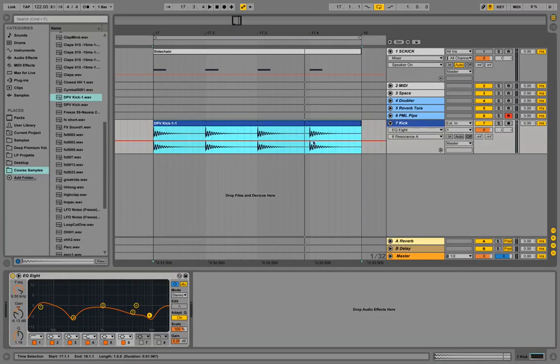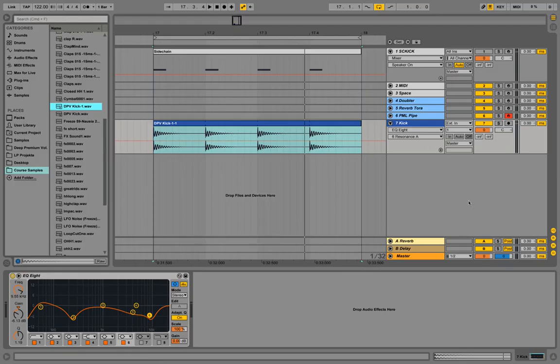Okay, so we loaded up our kick, and now we will drag in a couple of claps and a couple of hi-hat sounds, and we're going to use like 4 claps, for example, and we're going to throw them on different MIDI tracks here. I'm not going to put them into instrument racks or drum racks because I want to use this track delay function down here to relatively move them around against each other